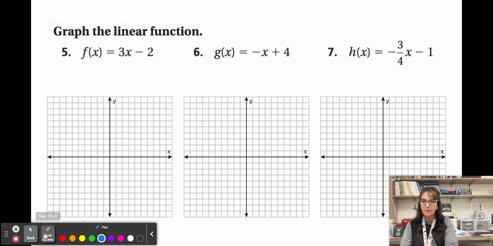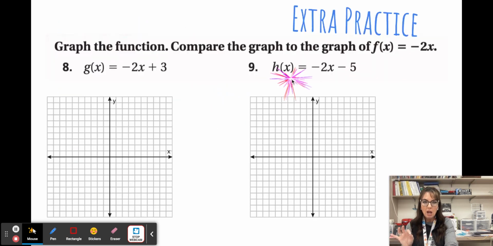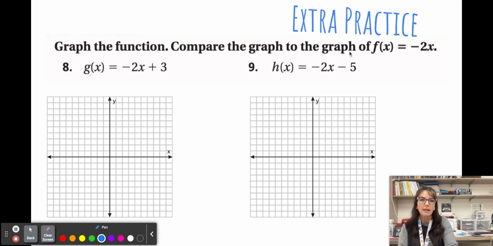Okay? All right, now what we're going to do next is compare. So let's start by graphing f of x is -2. So remember, we have this. So we have down 2 and over 1, down 2 and over 1, or up 2 and back 1, and up 2 and back 1. Okay, so this is the graph